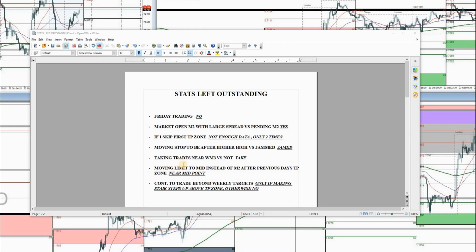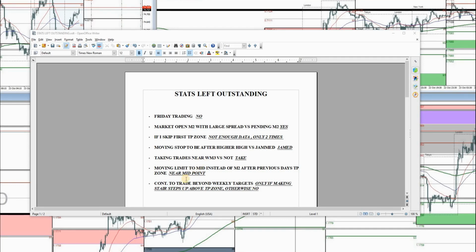Okay, so if I was to take trades near M3, now this one here I kind of forgot about when I was doing my backtesting, which is unsatisfactory. I'm a little bit upset with myself, so I went back and I reviewed them, and the answer is yes, not a problem. Take them at M3. If I have the trade setups at M2 or central pivot, then I am continuing on that trend.